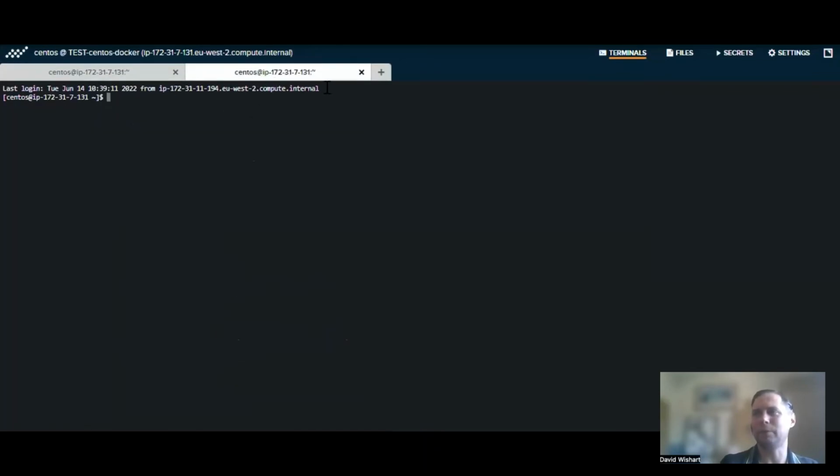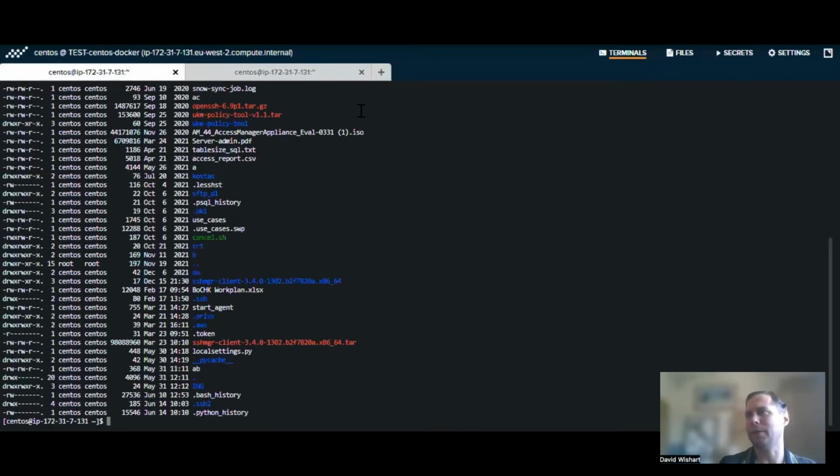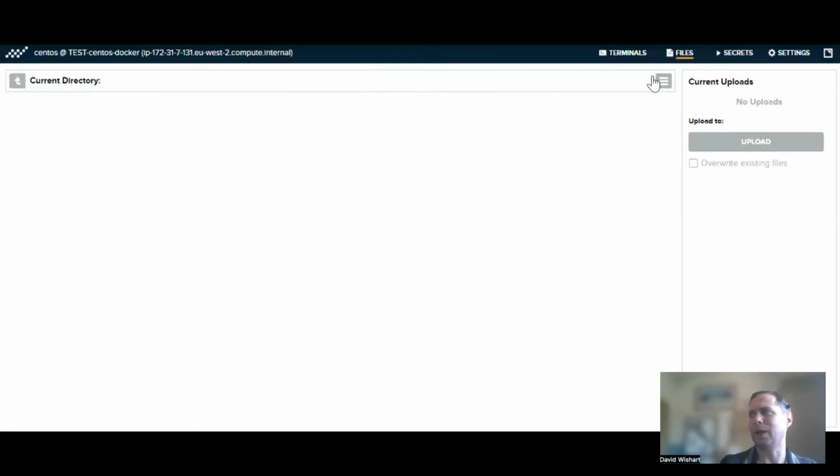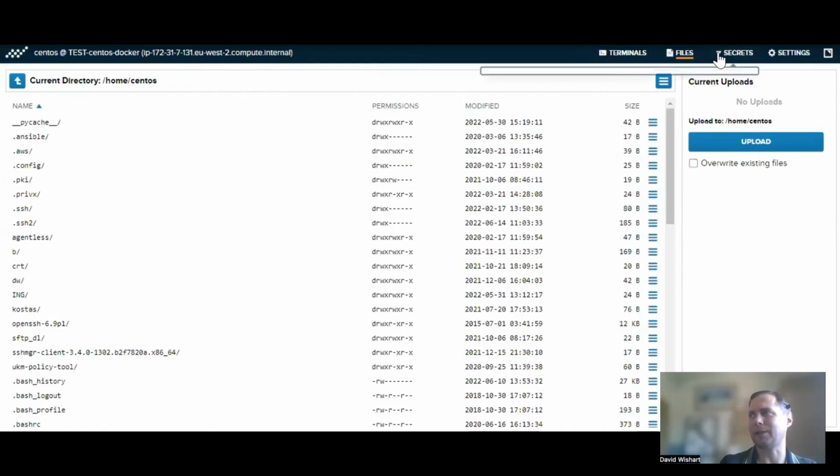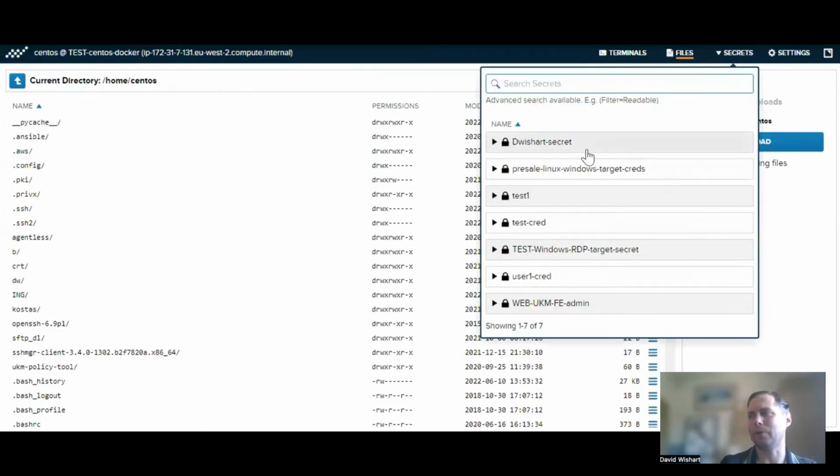If you want to have multiple sessions here, where, for example, you are running commands here and checking log files here, that's very easy to do. And you can upload files as well. And then if you need to access secrets, for example, maybe you've got an application within a session that you need a secret to copy and paste in, then you can use the secrets vault for that as well. All of these are configurable as well, so you can switch these off if needed.